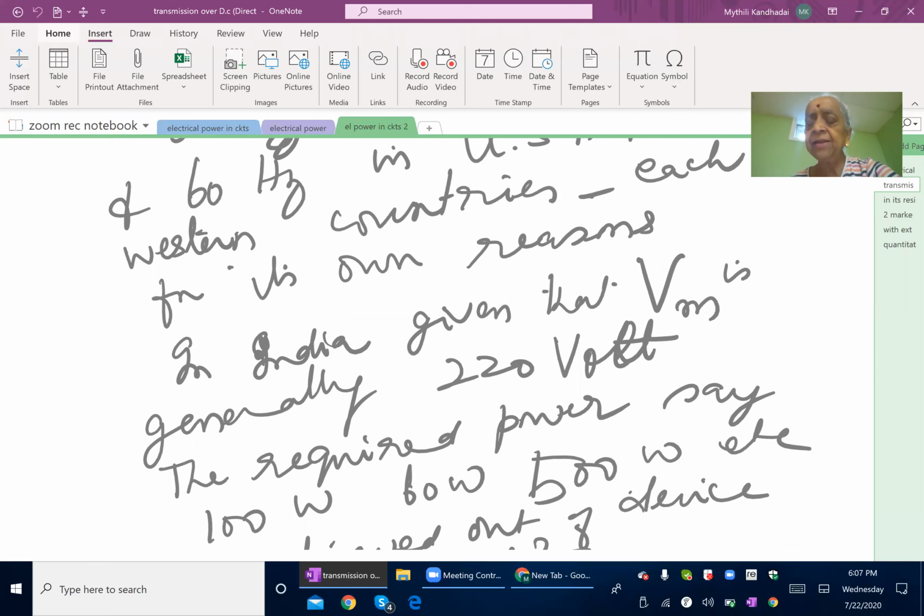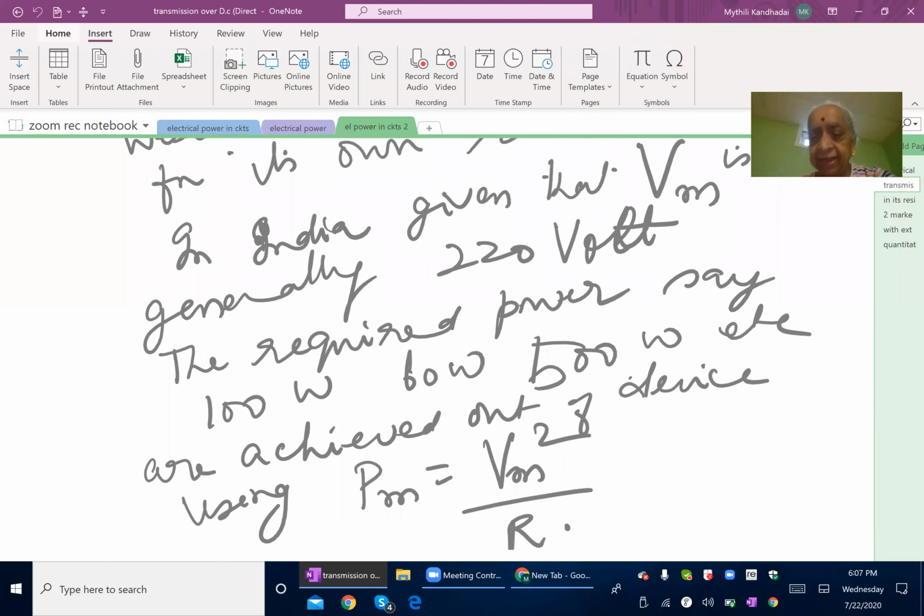Because what will happen if it is exceeding? What will happen if it is lesser than this 220? So the minimum may be 220, and the maximum permissible voltage may be 230. They will give a range of 10 volts this way or that way, and therefore, what will happen if the voltage exceeds the maximum or decreases with respect to the minimum will be our next study in this day's session. The required power, say 100 watt,